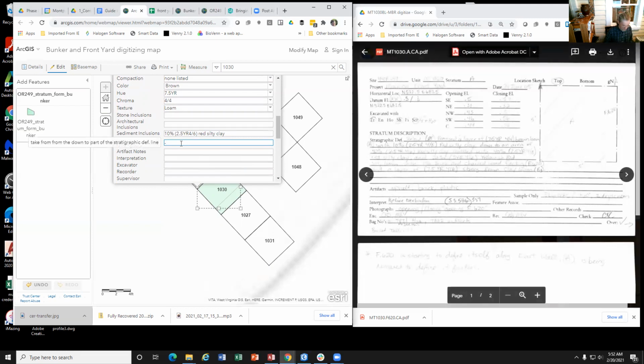So we'll put here, we'll start typing down to an area of 40% 2.5 YR 4/6 red silty clay, mottled with 40% 2.5 YR 4/3 red silty clay.